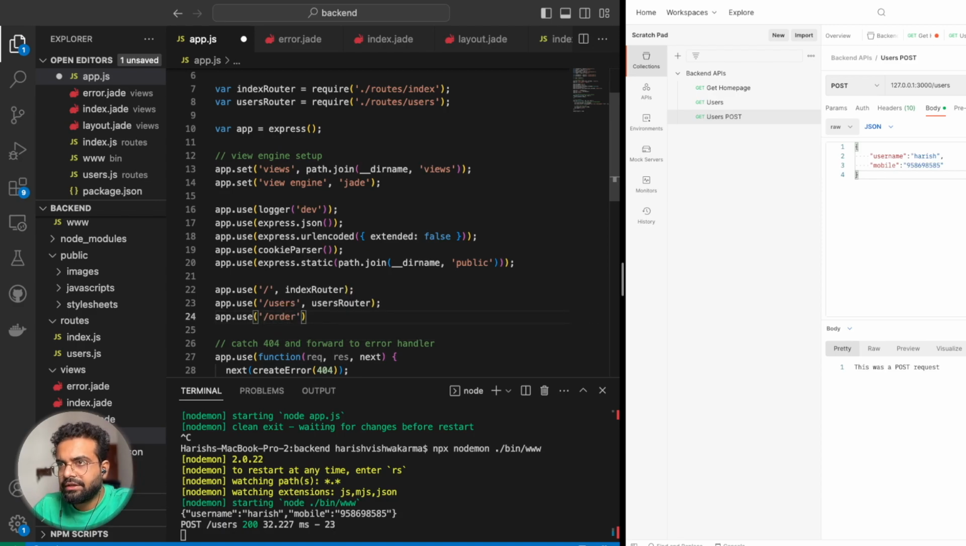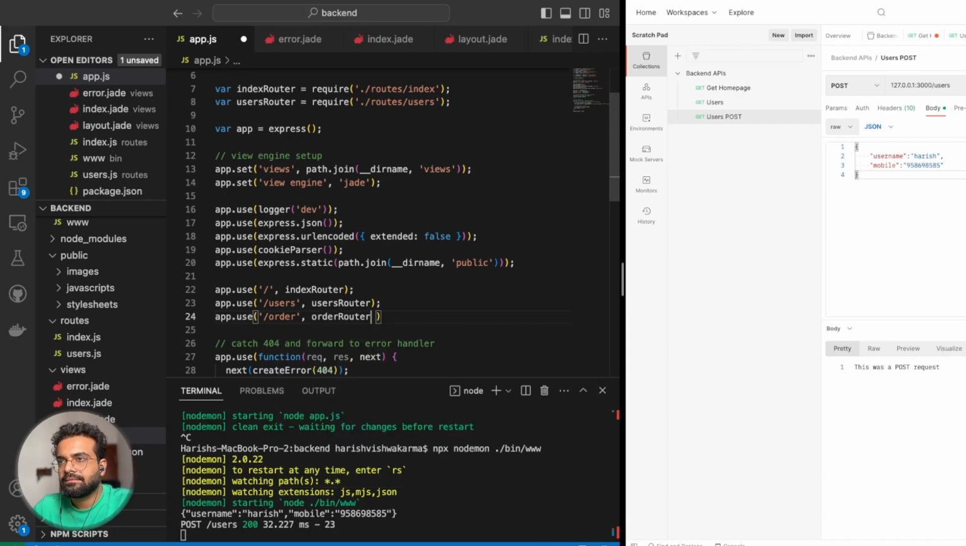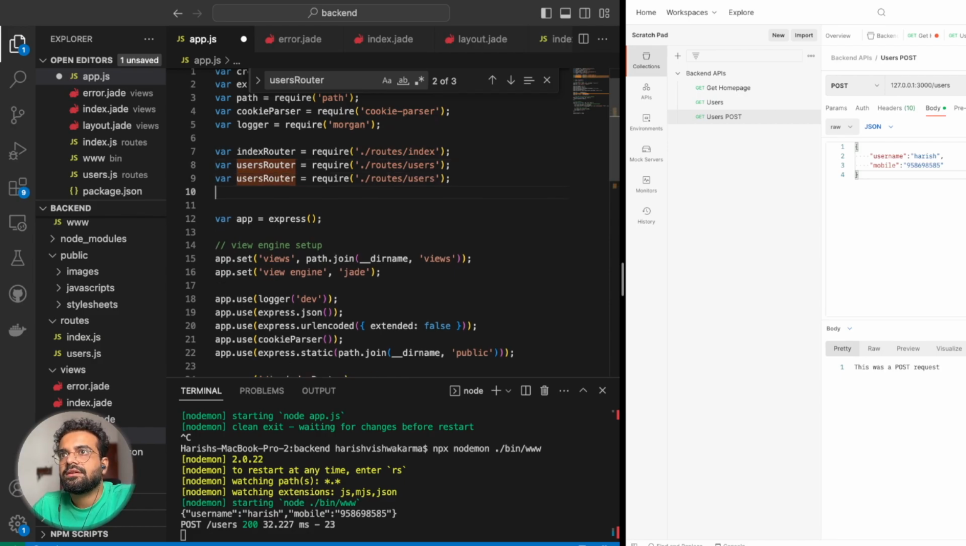So all kind of order data would go here. So what does it say? Users router. Let me just call this order router, and there should be a reference of something like user router here. Where is it? Yeah, they have this. I'll just copy this file, I'll paste it here, I'll call it order router,